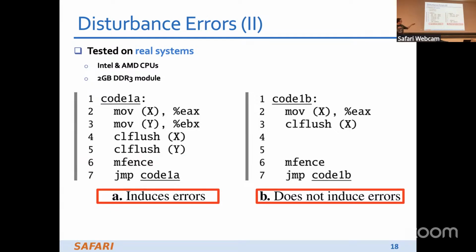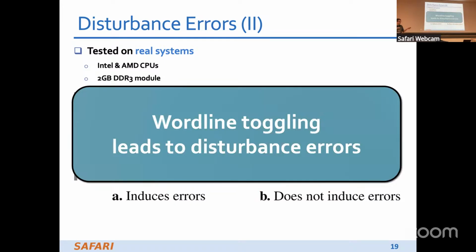Now, as you can see here, the results produced errors in only one of these examples. Only code 1A induced errors, while code 1B did not induce any disturbance errors. This is, of course, because word line toggling leads to these disturbance errors. That was one of the first findings in the paper. Word line toggling refers to not the read and write part, but the activation and pre-charge part. If that gets repeated all over, the actual voltage of the word line fluctuates, and that is what leads to